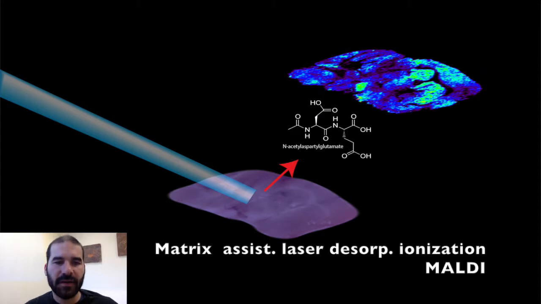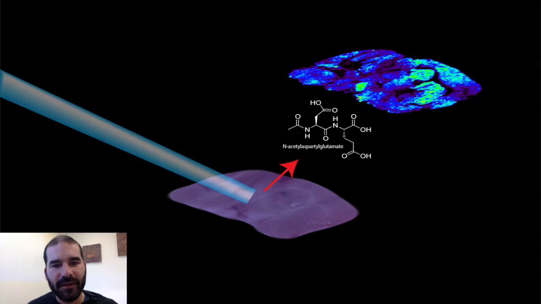This uses a laser to ionize the analyte molecules that have been extracted to a matrix. That's this purplish tint that I've added to the mouse brain slice. It's the matrix, not the tissue, that absorbs the energy, and this helps to keep the analyte molecules intact. There are other ways to utilize laser energy to put energy into the sample to desorb analytes,